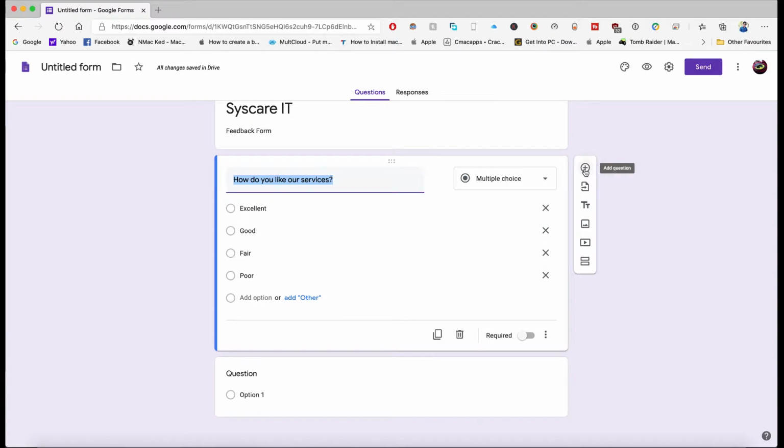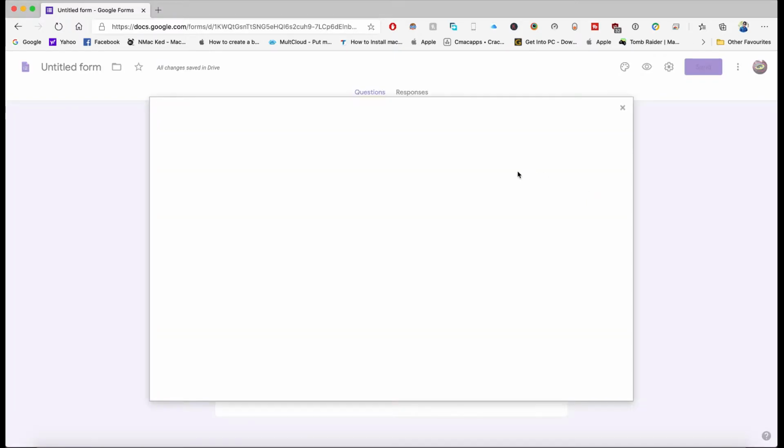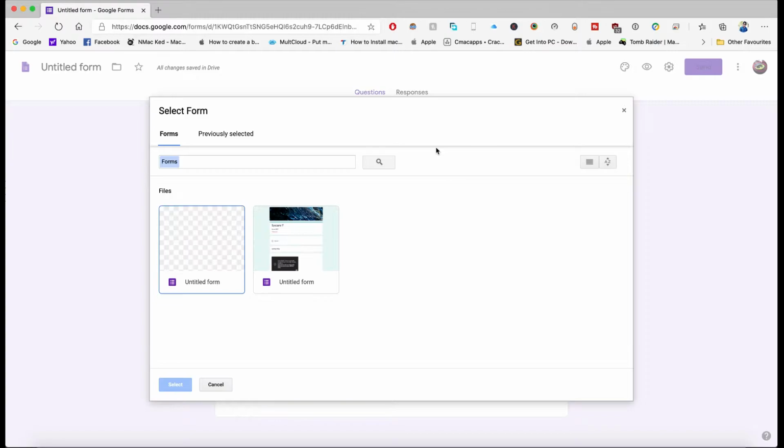Okay, so this plus button is to add a question, and the second one is to import a question. Just click on it. You can import questions from forms present in your Google Forms, which you have created previously.